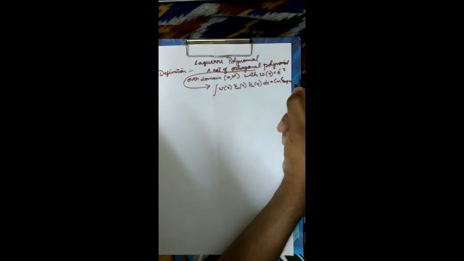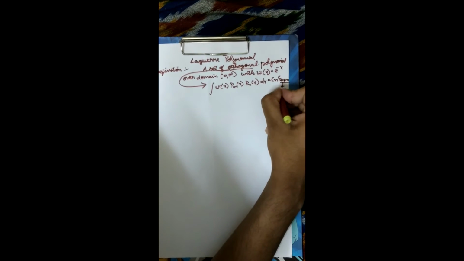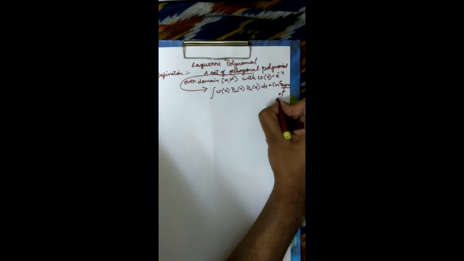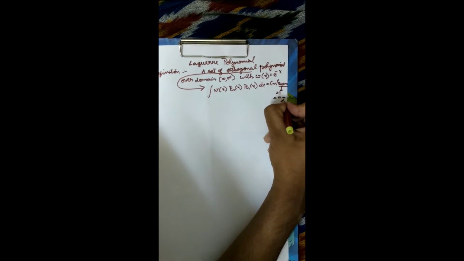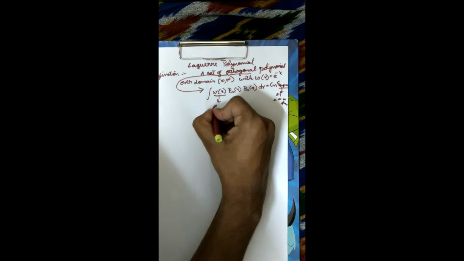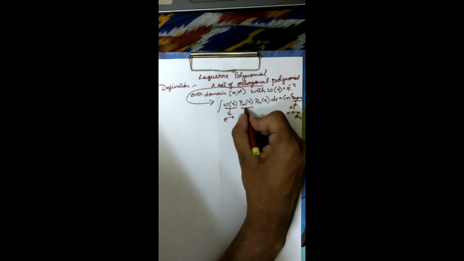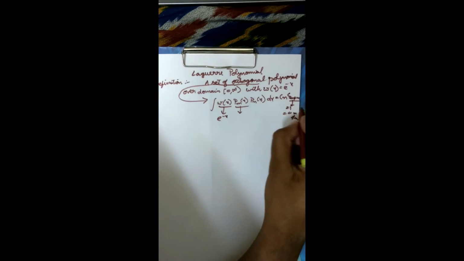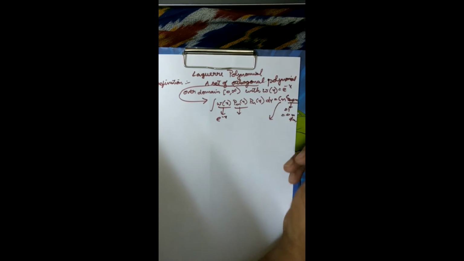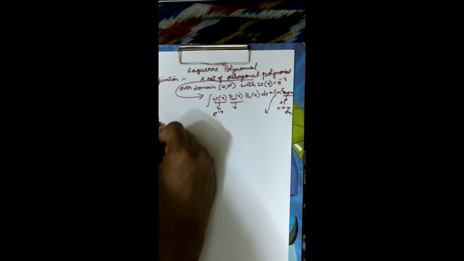This is the same as in the case of a Hermite polynomial, which is 1 when m equals n and 0 when m not equal to n. Here the weighting function is given as e power minus x. Now we'll look at the properties expressing the Laguerre polynomial in various forms, and finally we'll get to the conclusion of p of x, after which substituting will get the value of Cn. Now let's start with the properties.